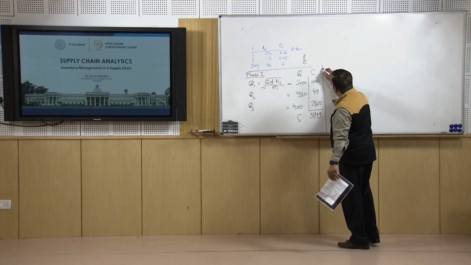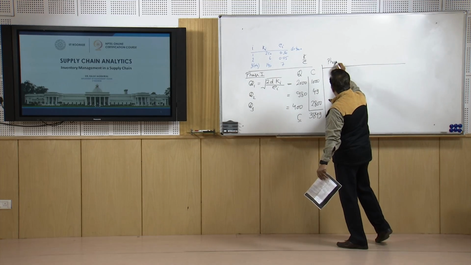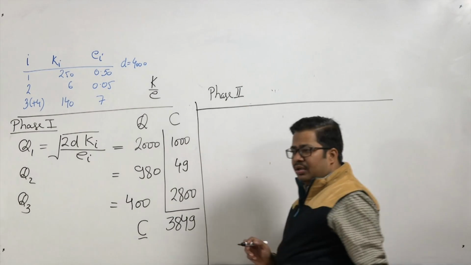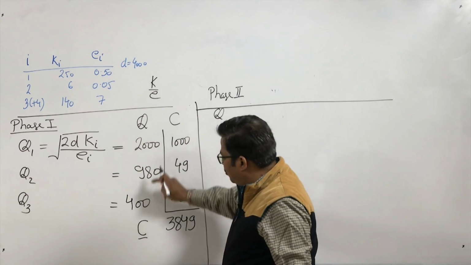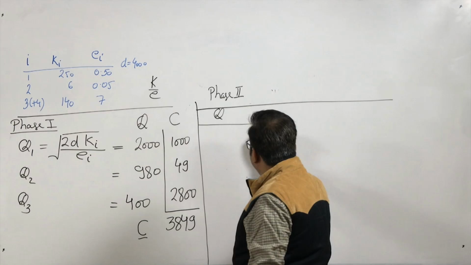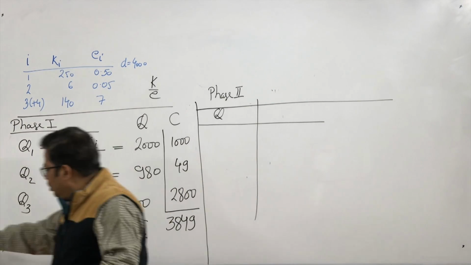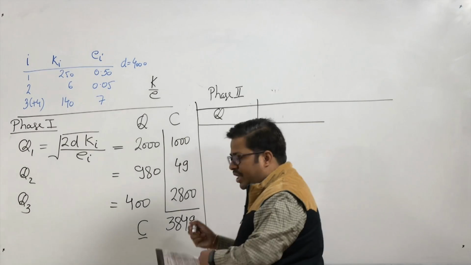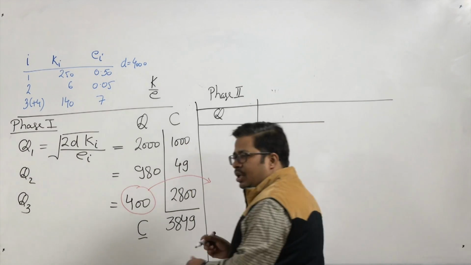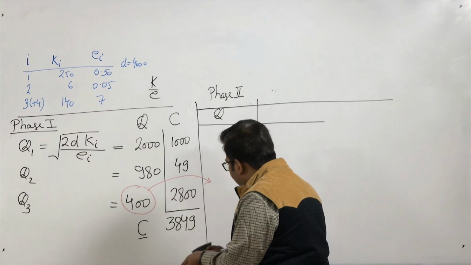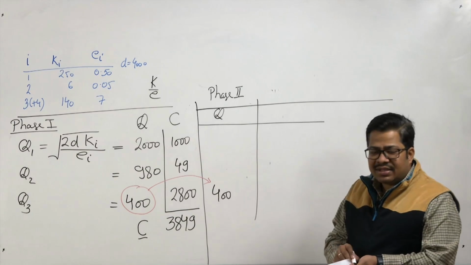So, now we start phase 2 of the problem solving. In phase 2, to initiate the problem, we want to revise these values of Qs. I will directly take this value of Q3 here, and this will make my Qn as 400. But as I just explained,